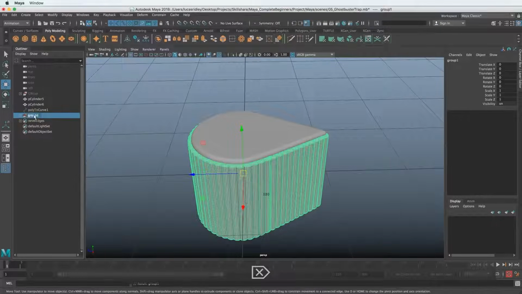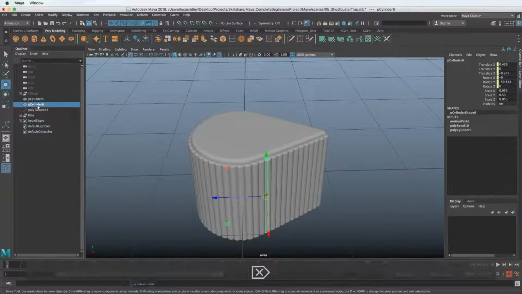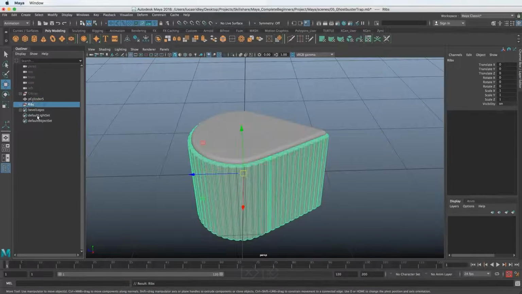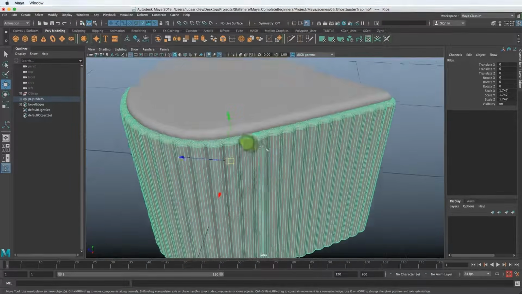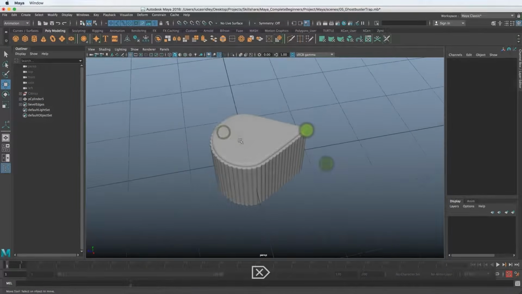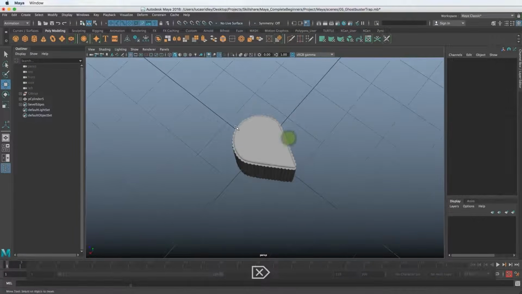So now we have the ribs, and we have the cylinder. We can delete the original one. We can also delete the curve because we don't really need all that stuff now. So now we could even just middle mouse drag and put this under the cylinder. Okay, and we can also see there's maybe an extra one here, so we can just delete that. So now we have our knob, and we need to place it in the right spot.